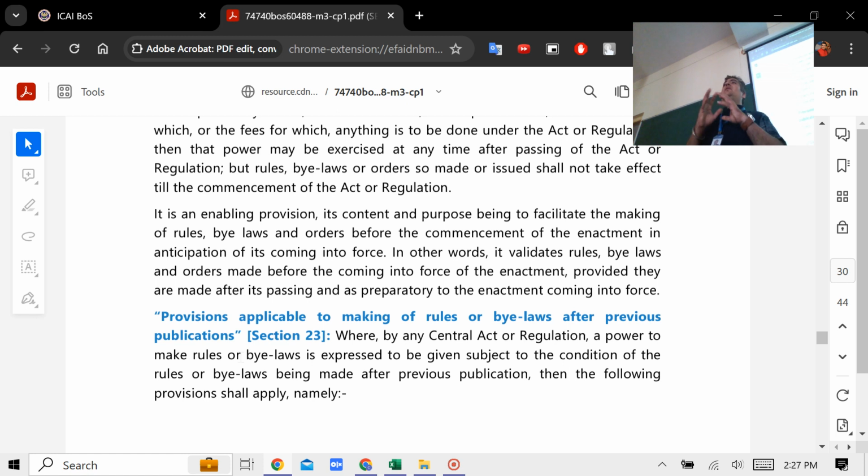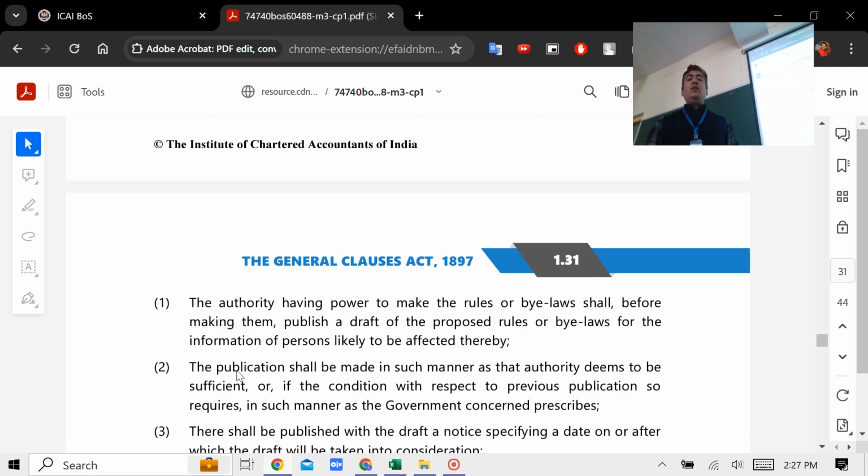तो ये तो हो गई बात प्रोविजंस कैसे बनते हैं, एक्ट कैसे बनता है. What about rules now, guys? Today if I ask you to explain the standard process of making the rules as provided under section 23 of the General Clauses Act, तो आप कैसे कहोगे? देखिए यहाँ पे जो लिखा है वो मिलता जुलता है. फर्स्ट ऑफ ऑल उन्होंने ये कहा है, राइट डाउन